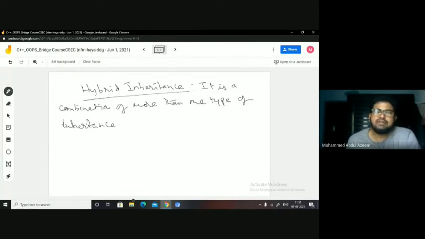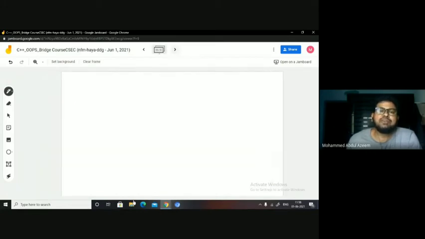If I combine hierarchical with multi-level, it is also said to be hybrid. It's a combination of multiple types of inheritance. Now let us look at one example of a hybrid inheritance here.